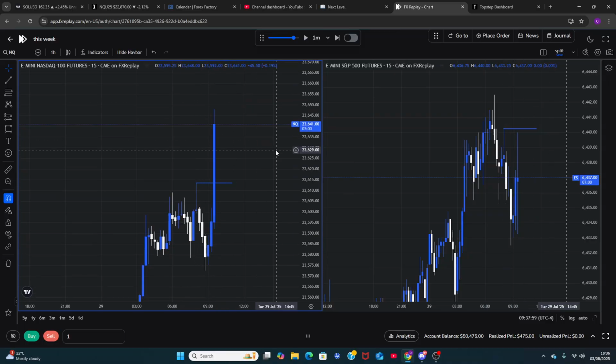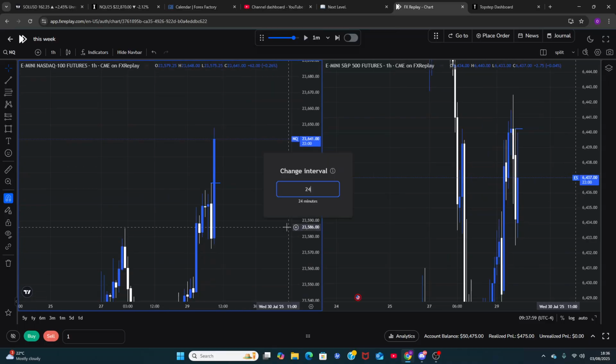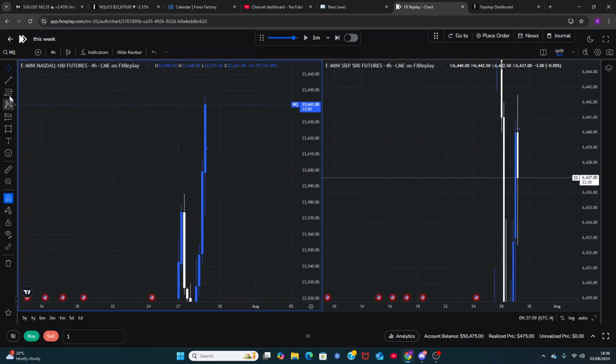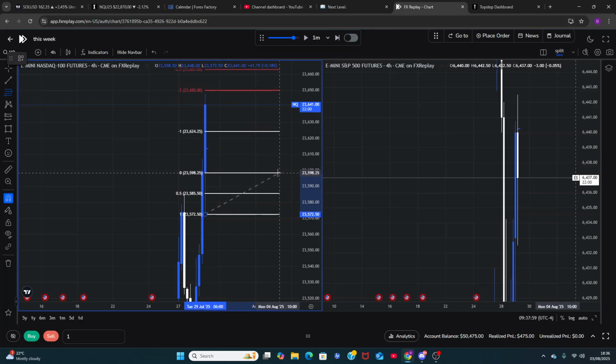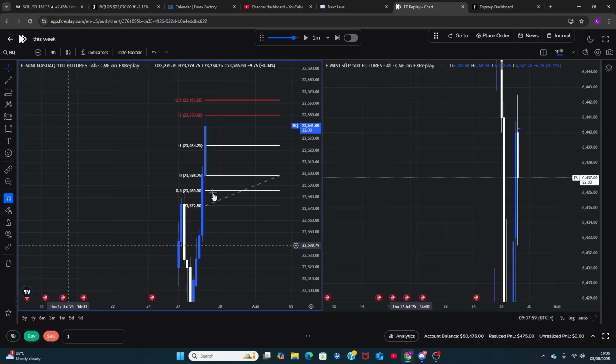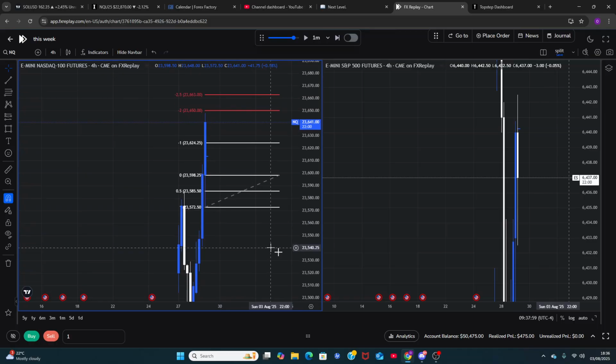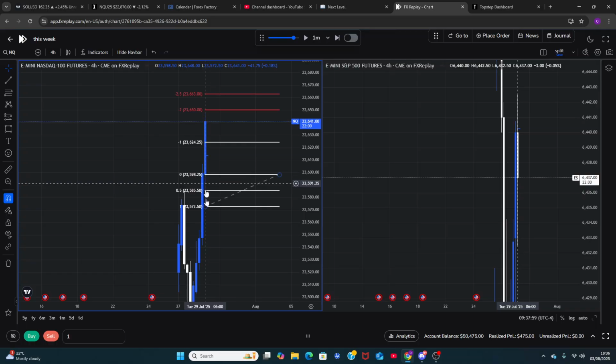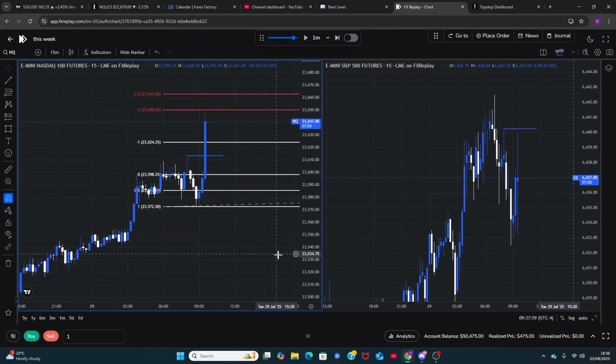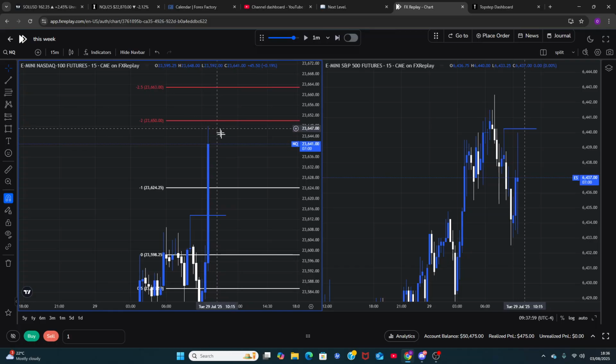Okay, that's fine. So what I would do right at this point, I would grab the fib. I will do this because now I have no idea where price wants to go. Because at all time high conditions, where does price want to stop? It's not going to keep going higher. I want to see where price wants to stop, gives me a rebalance, and then we can go higher even more. So obviously, draw off the 4 hour wick like that. It's pretty good, right? At this point, okay, oh look, we're coming right into the -2, -2.5.